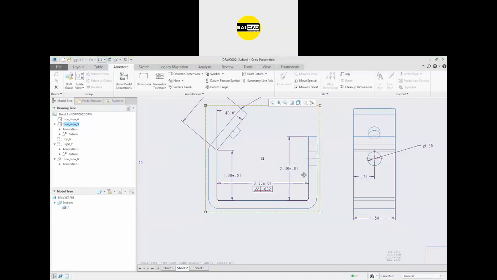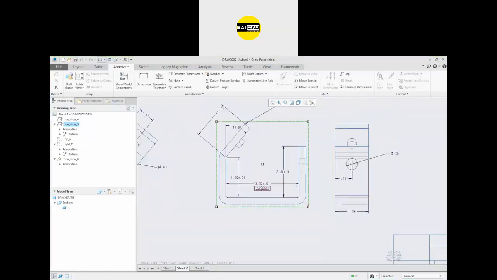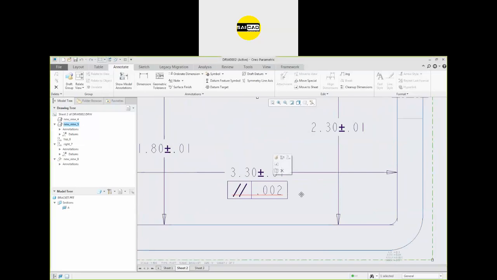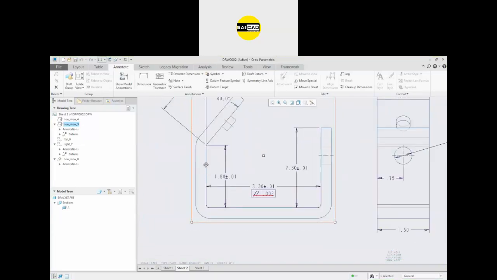There will be some gap, some error. So what gap should be there? What error is acceptable? That will be the tolerance. So we define the tolerance here, like this is the parallel, that both the faces, both the lines are parallel to each other. The maximum error that can be here will be 0.002 mm.